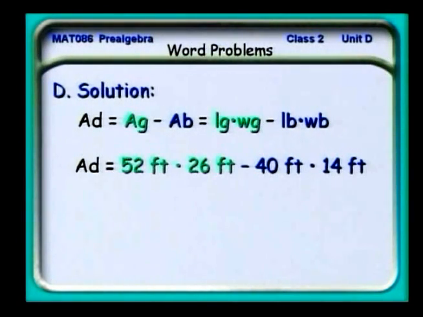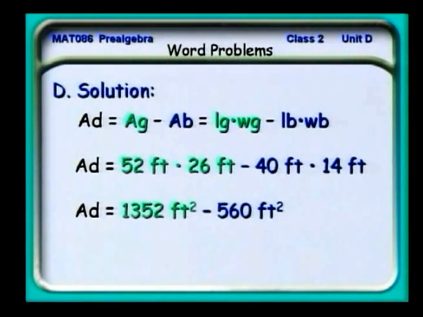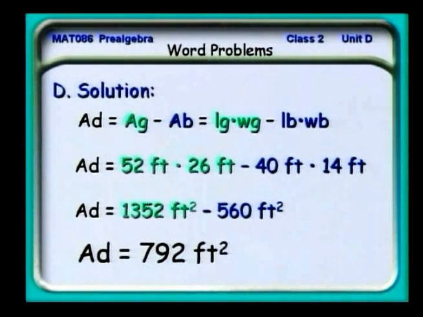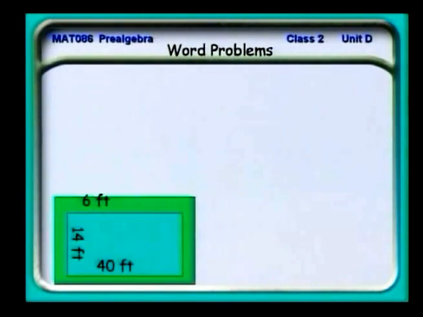So we put the numbers in, then we do the multiplications that are indicated, and then the subtraction to find that the area of the decking is 792 square feet. We can check that